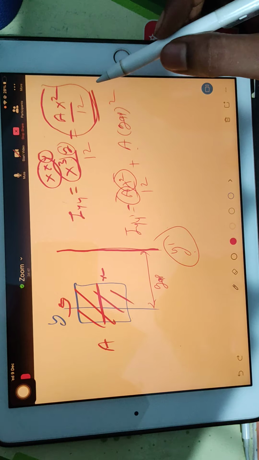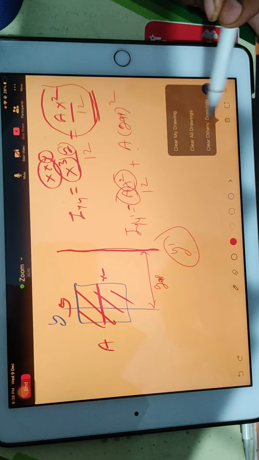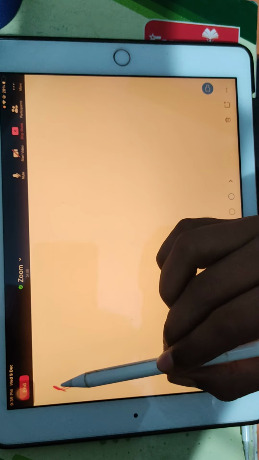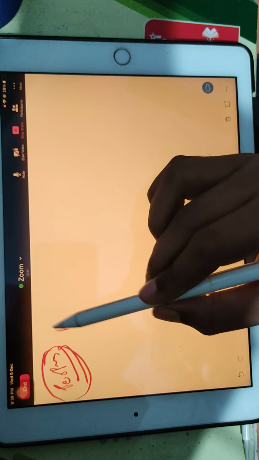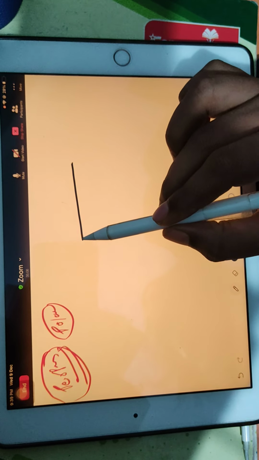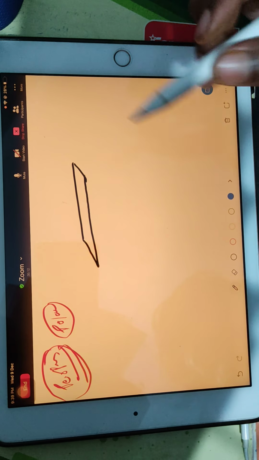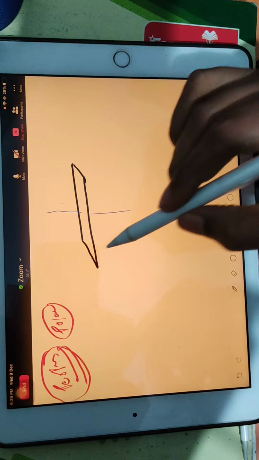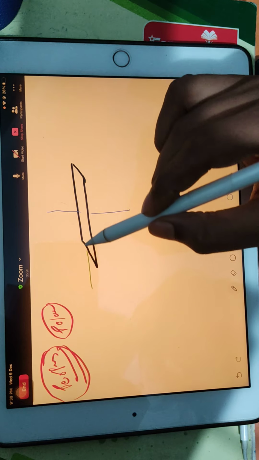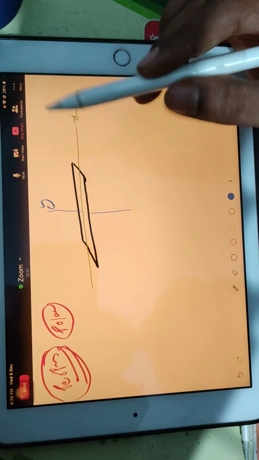Now let's understand the perpendicular axis theorem. The perpendicular axis theorem is helpful to find the polar moment of inertia. What is the meaning? Imagine you have a rectangular plate kept in air like this, horizontally placed in air. It will have two axes, one is y and another one is x. So suppose this is x. Definitely x will lie on the plane itself. So this is x and this is y.